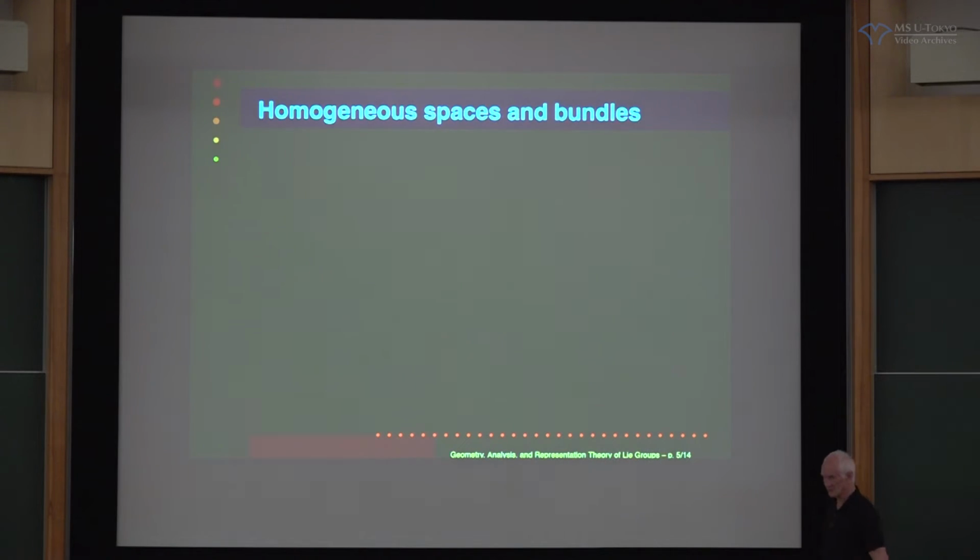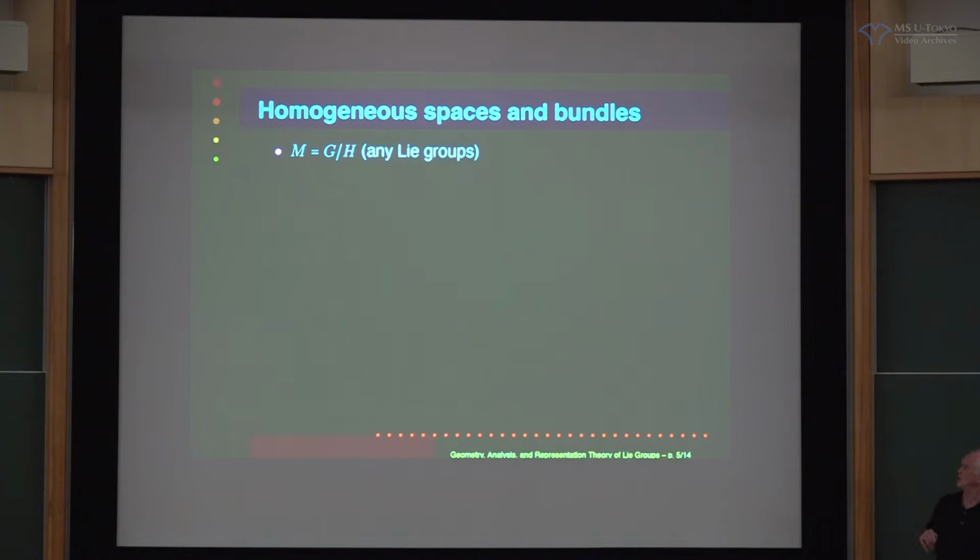So now we're going to go into a little bit of representation theory to see how this happens. I'm just going to tell you things about what you already know, but I'm going to tell you about some elementary homogeneous spaces and homogeneous bundles. So we'll rip through this quite quickly. I just want to have a slightly new interpretation of some of these homogeneous bundles.